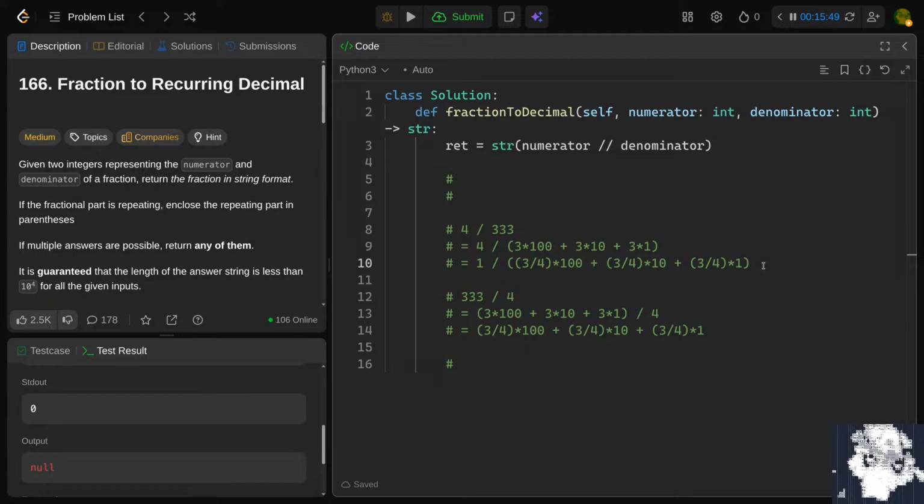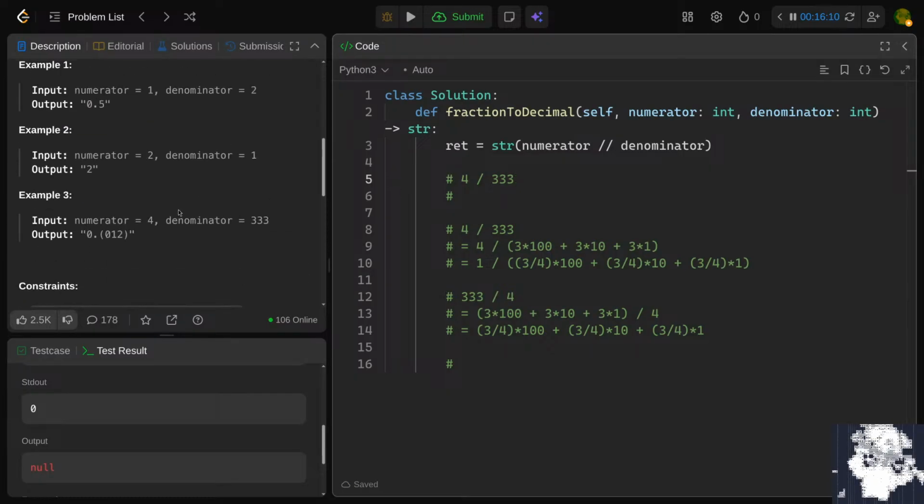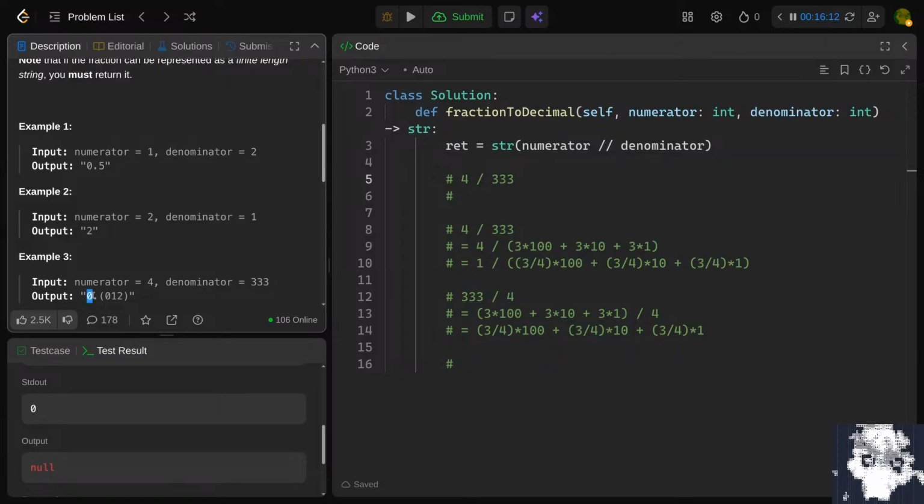I would like to just distribute so I don't have to think about how long division works, but I think I have to actually figure out long division. So, 4 divided by 333. We know the first digit is figured out by saying how many times does 4 go into 330, or the other way around, how many times does 333 go into 4? In other words,